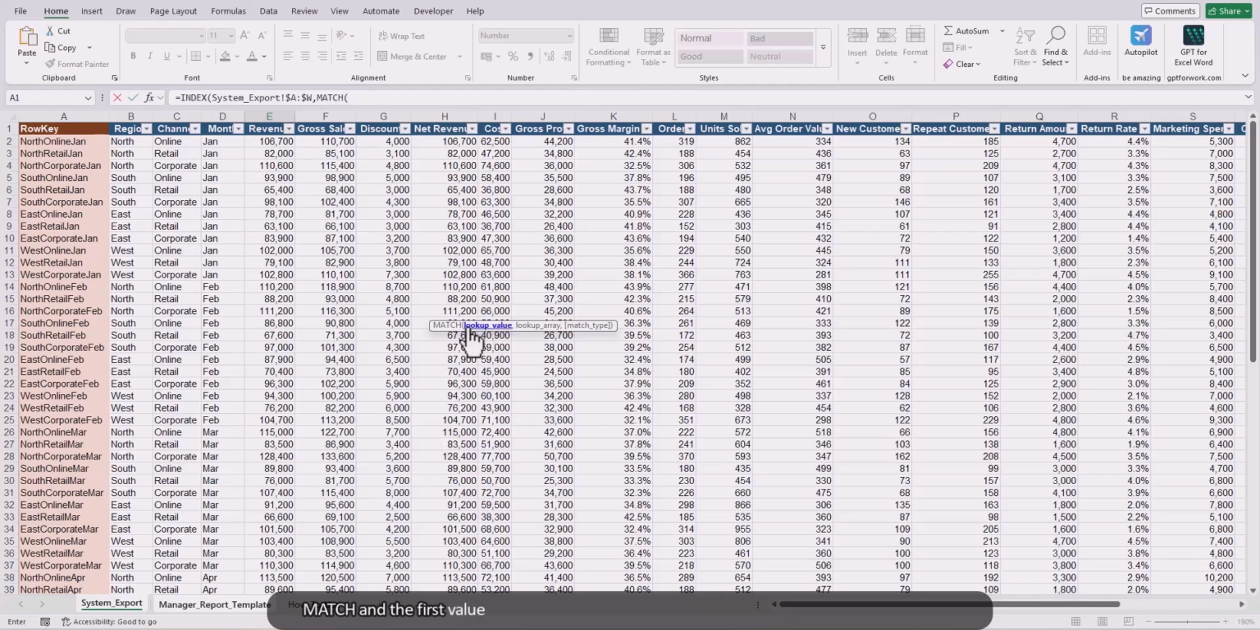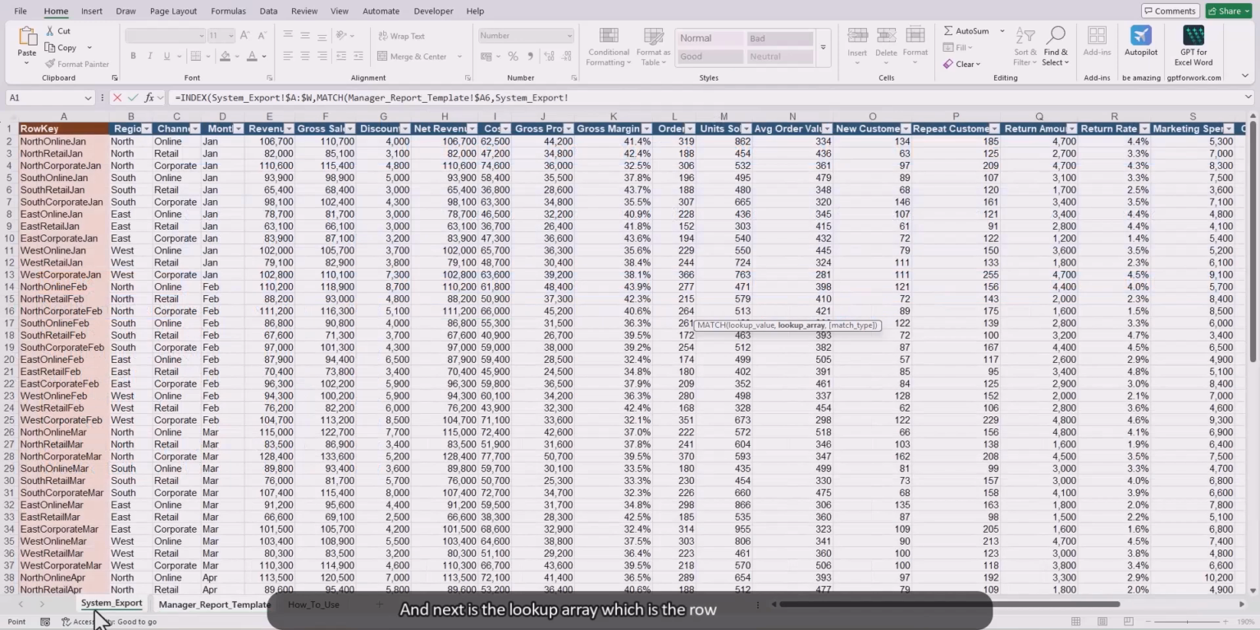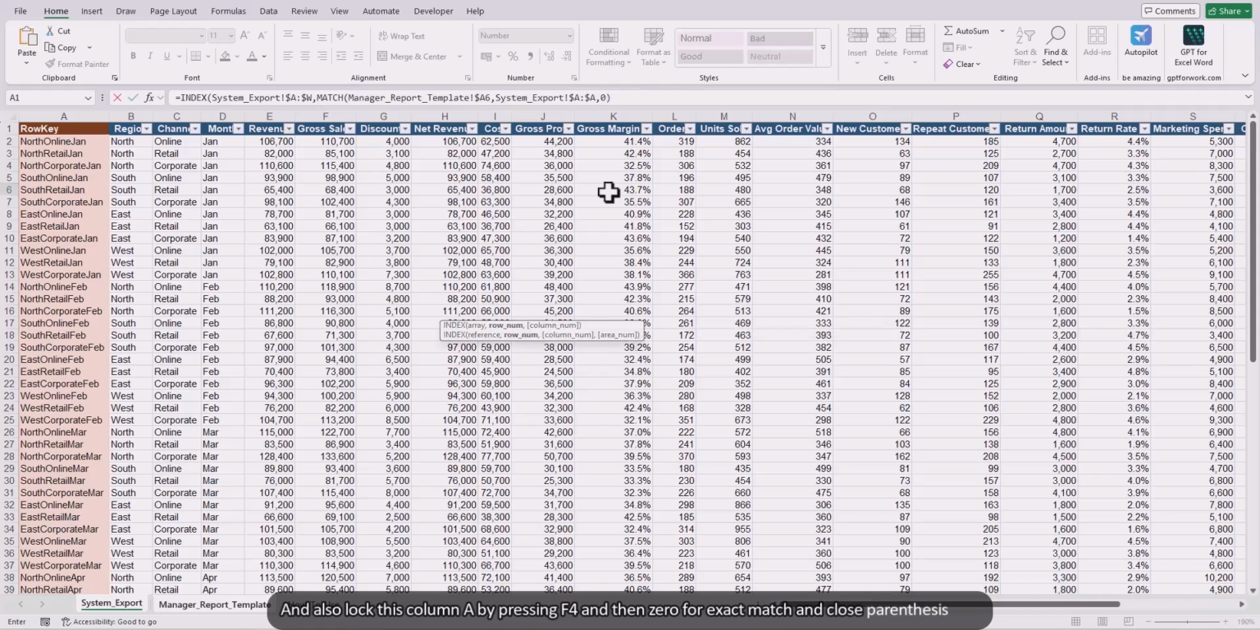Match, and the first value is the lookup value, which is the row key that I've created just now. And over here, I'll lock the column A. So I'll press F4 and press again until it's a $ sign in front of the column A. And next is the lookup array, which is the row key in this raw data. And I'll also lock this column A by pressing F4 and then 0 for exact match, then close parenthesis and